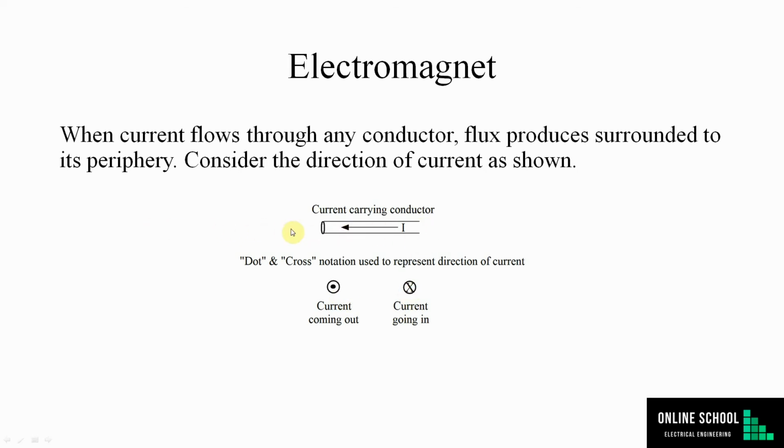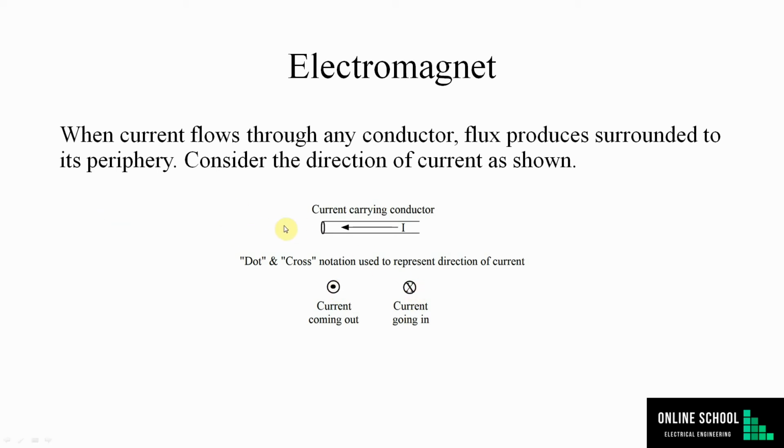If we see the side view of the conductor, we can only view the cross section area. So if we view from this side, the conductor will look like this cross section. If the current is coming out, we represent it by a dot inside it. So this is the current carrying conductor viewed from the side, and current is coming out from the conductor perpendicular to the plane.